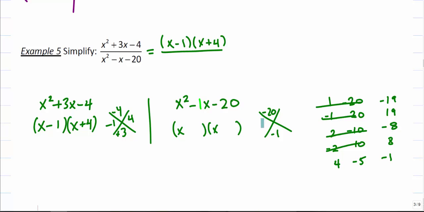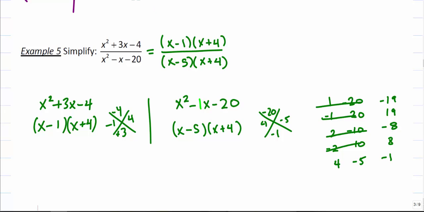So those are my numbers, 4 and -5. I'm going to go ahead because I'm looking ahead, and I'm going to put the -5 first so that when I write my factors, do you see that I've got the same thing in the numerator and denominator? And I've already lined it up. So at this point, you could cancel these out, and you would be left with x minus 1 over x